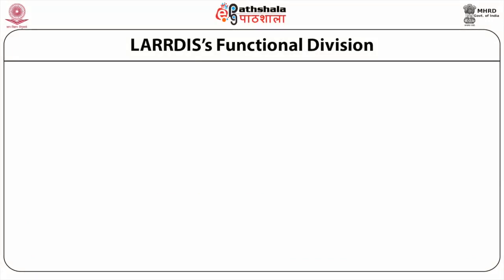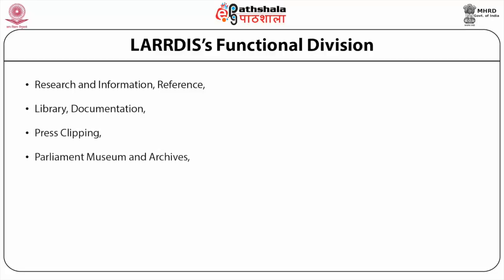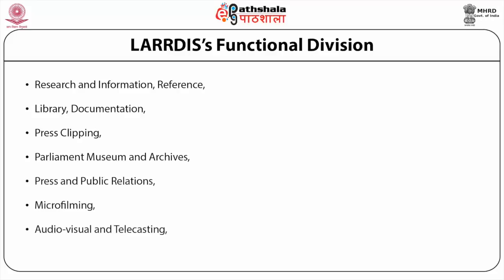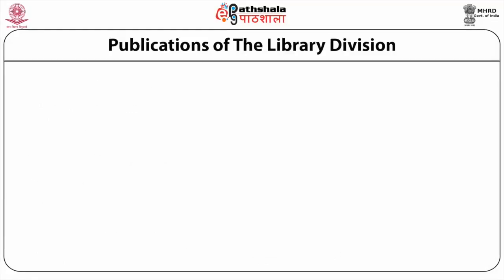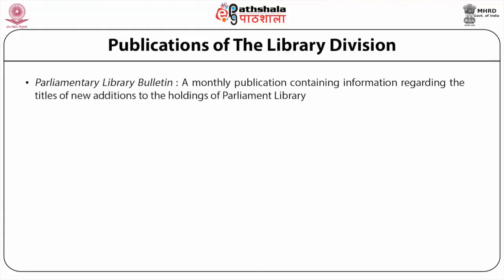The functional divisions of the Library Reference Research Documentation and Information Service, that is LARRDIS, are Research and Information Reference, Library Documentation, Press Clipping, Parliament Museum and Archives, Press and Public Relations, Microfilming, Audiovisual and Telecasting, and Computerization of Information Service for Members of Parliament. The publications of the library divisions are the Parliamentary Library Bulletin, a monthly publication containing information regarding